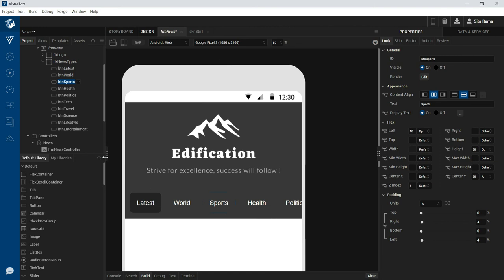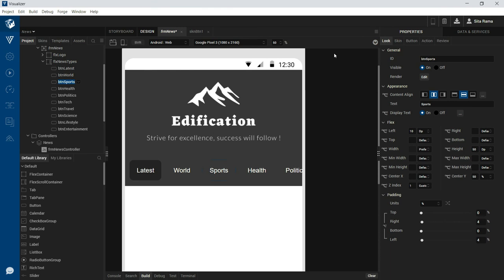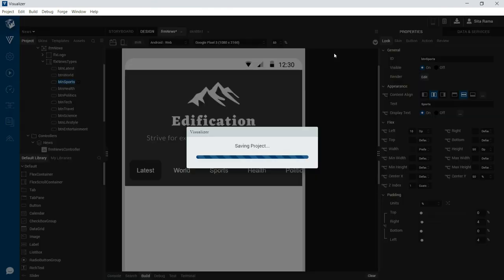So now we have created the buttons for supporting the various news types that we want to support as part of our application. So this is how the UI of the FRM news looks like in the current state.